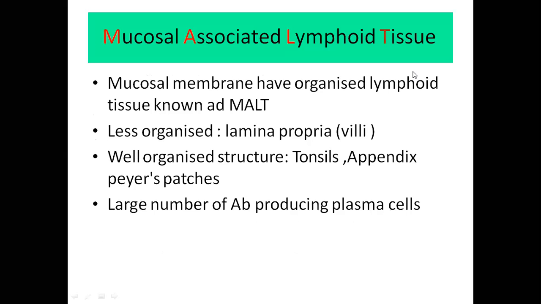Okay. Next, going to the mucosal associated lymphoid tissue. What does this mean? We understood what lymphoid organs are, we understood what lymphoid cells are. Now these lymphoid tissues are certain tissues which have the presence of mucus over them. Mucosal associated means it is associated with mucus. Such organs, for example, are tonsils, appendix, Peyer's patches. These are some examples of lymphoid organs or lymphoid tissue, but they have the presence of mucus on them. A mucosal membrane. A membrane is mucosal.